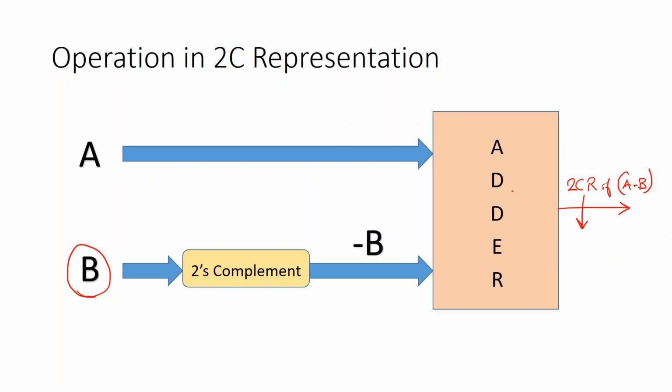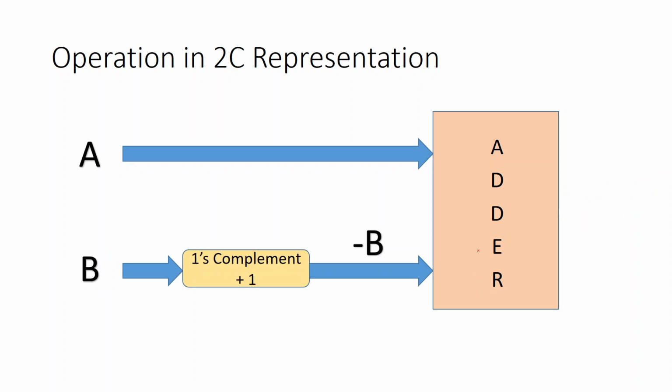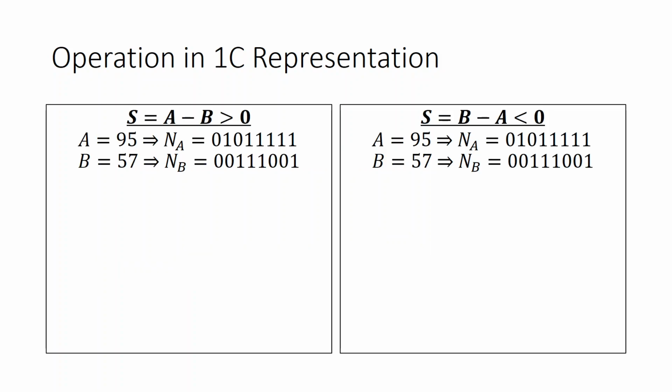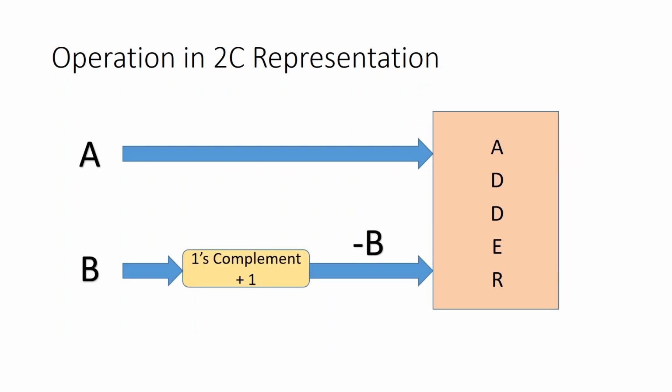But what we are gaining is that we don't have to design a subtractor circuit separately. The same adder circuit can handle both addition and subtraction. This 2's complement representation is basically a 1's complement plus a 1. So you would ask me, sir, okay, how to do the 2's complement in a circuit? The 2's complement is basically a 1's complement added with a 1, and 1's complement is nothing but flipping